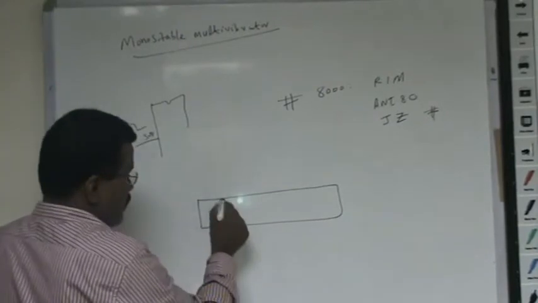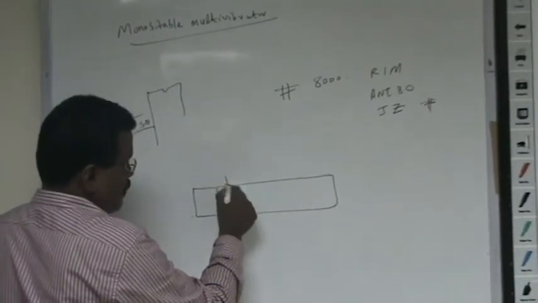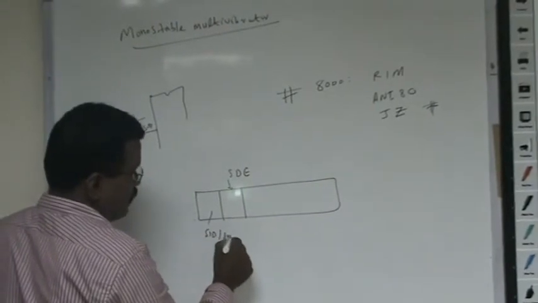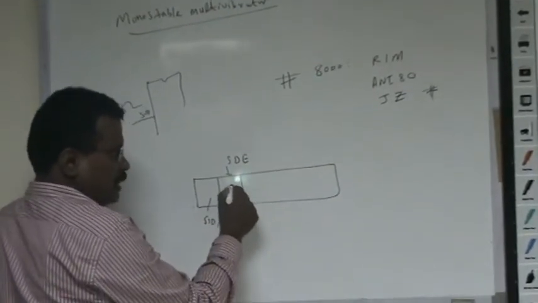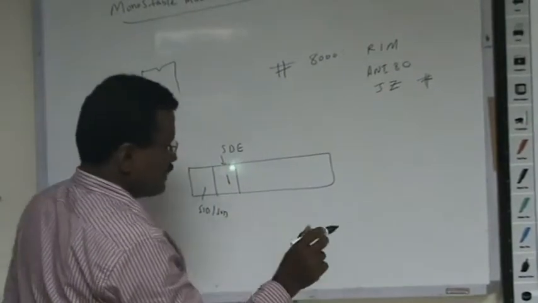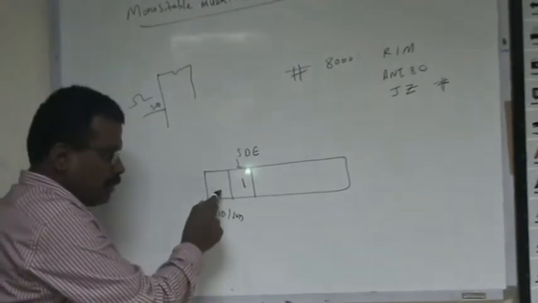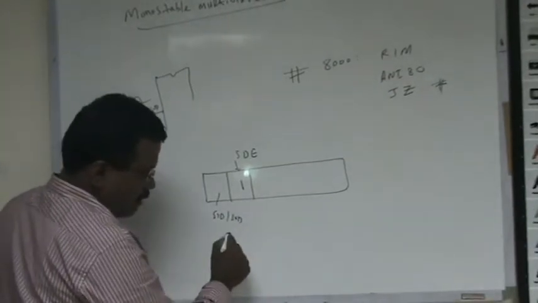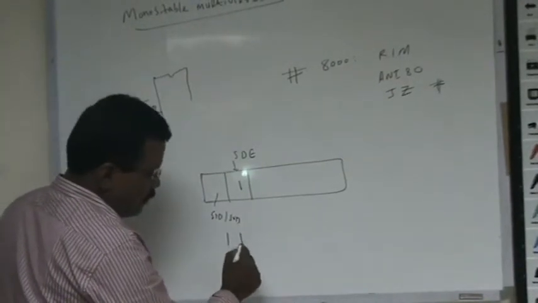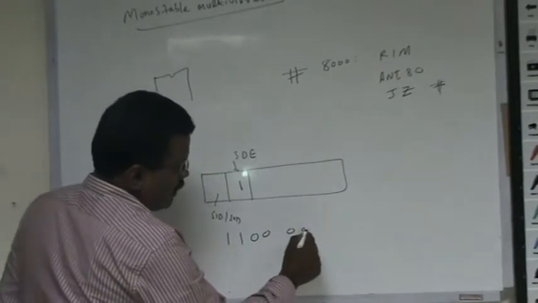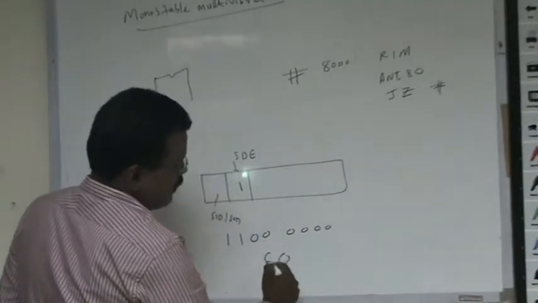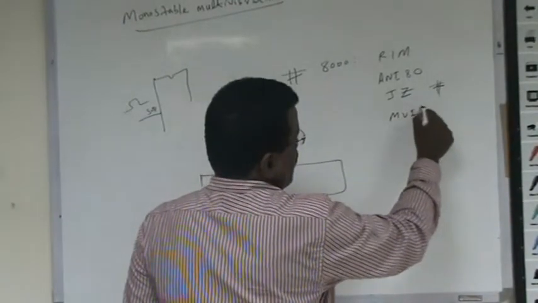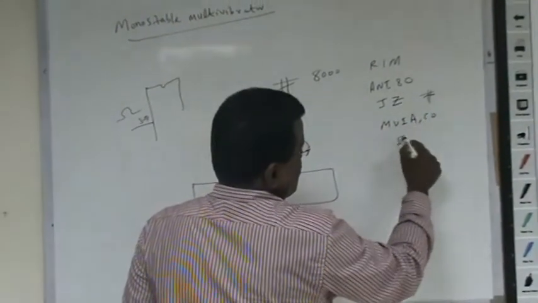The last but one bit is called SDE, serial data enable. This is SID bar SOD pin. Whenever this bit is 1, if you execute the SIM instruction, the content of the MSB of the accumulator is available at the SOD pin. Now you set the MSB to 1, the SDE is 1, and these are all don't care. So I will get the data as C0. So once I get the trigger, I will do MVI A, C0, SIM.